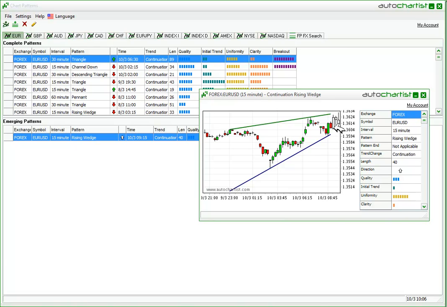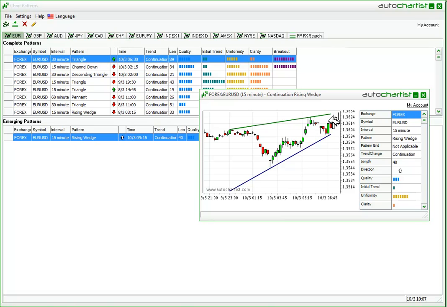Prices will literally run out of room, and just by virtue of that will break out. Now, not that that is a bad signal, but there's less value in a pattern that simply runs out of room than with a pattern break where we can see momentum, where we can see buying surge, or we can see, for example, selling pressure break the support or resistance of the pattern. Right now we can see the resistance is being tested with these highs to the upside, so it's actually trying to set up potentially a breakout, a momentum, a continuation